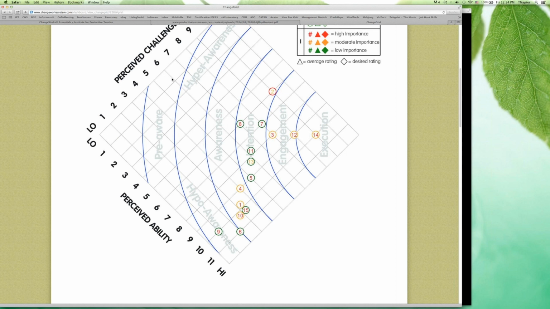Now, one thing I'll say in more detail this afternoon is that where someone is plotting on the change grid reflects where the source is of whatever their struggle may be. And I don't want to get into full detail right now, but let me just say this: the reason why Stephen is down grid is because Stephen has not been managed properly. And so this grid is actually more of a reflection on me than it is a reflection on Stephen.